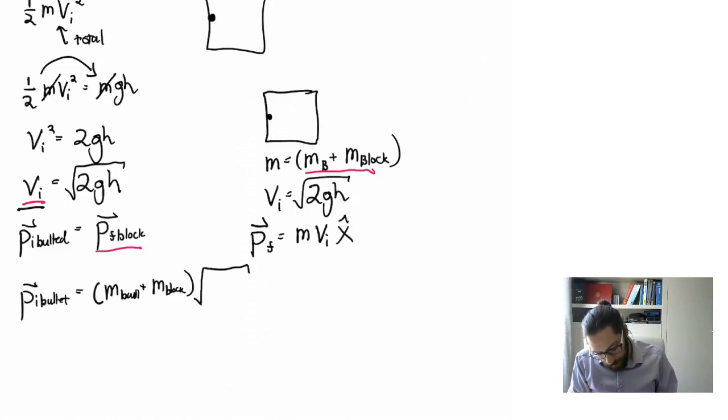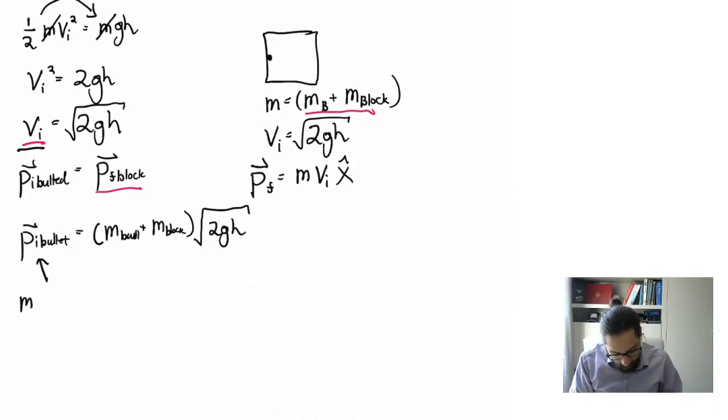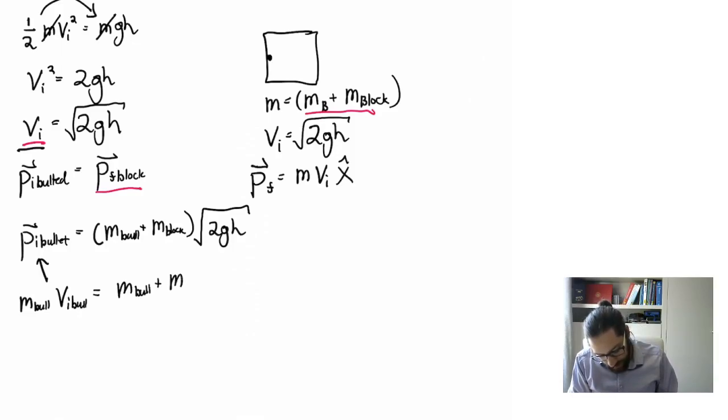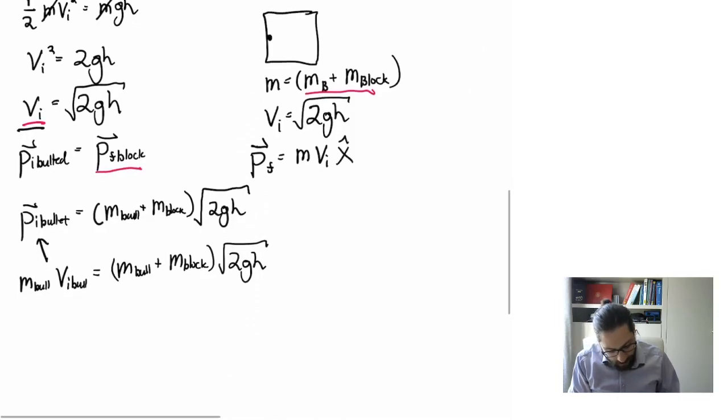Times root 2gh. Okay? What's this? This is the mass of the bullet, and the initial velocity of the bullet is equal to the mass of the bullet plus the mass of the block, root 2gh. So the initial velocity of the bullet is equal to